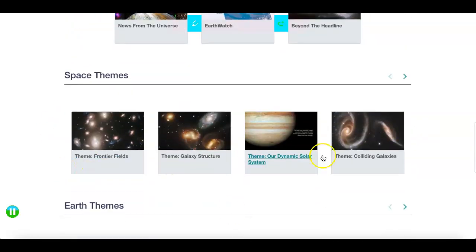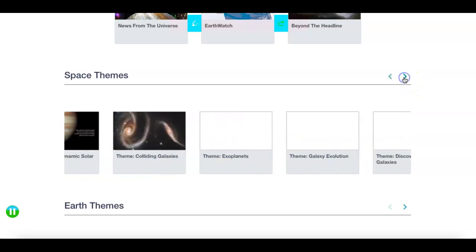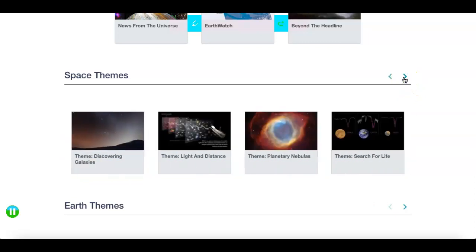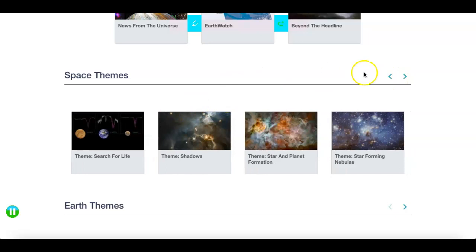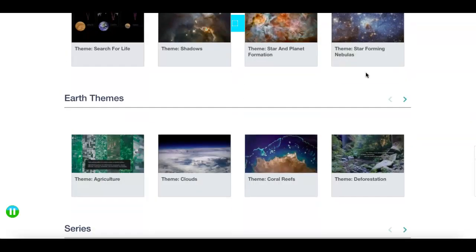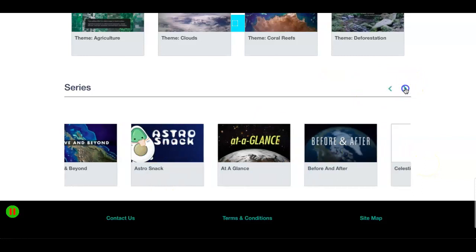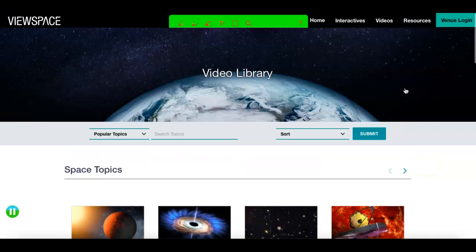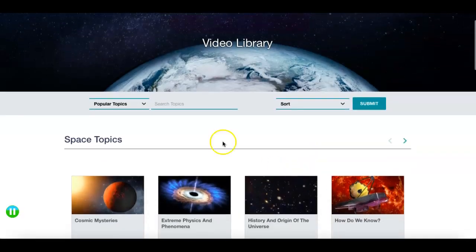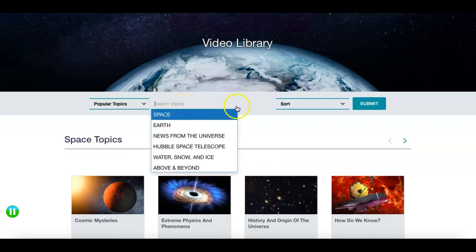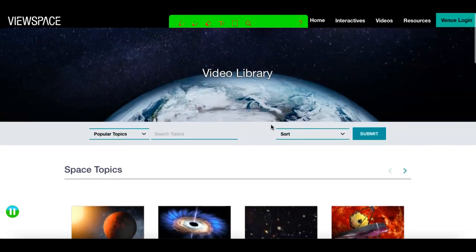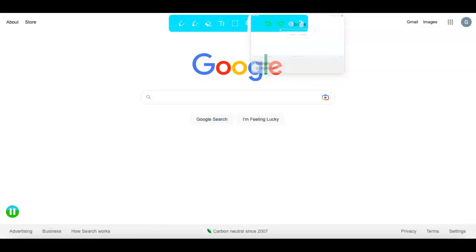We can do space themes, and of course if you click these arrows it'll have more options for you if you don't find one you like in the first one. We have Earth themes and series, and of course we can keep going back and forth. And then if you would like to search topics, you can absolutely do so. And so once we have collected all of our wonderful information from viewspace.org, we can go into Google,